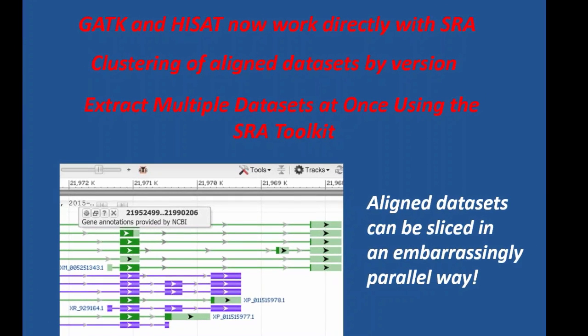Another really neat thing about using the SRA data structures is that now GATK and HISAT work directly with data that is deposited in SRA, either in